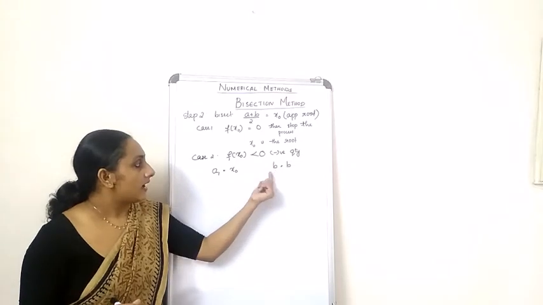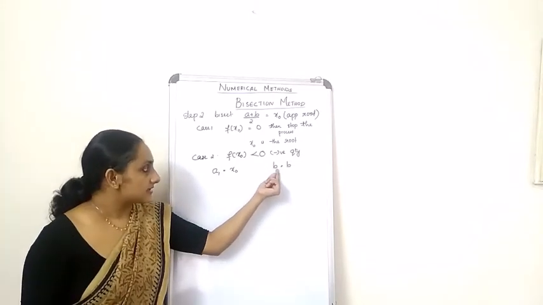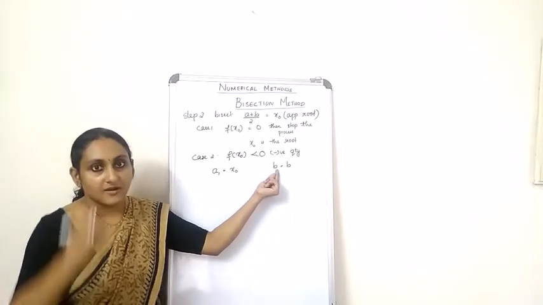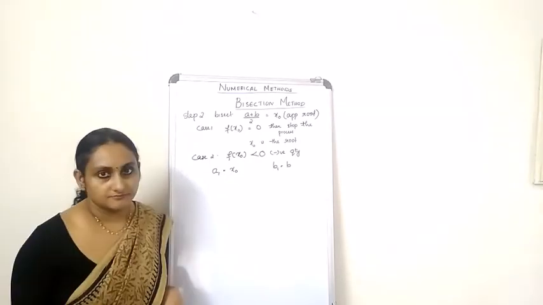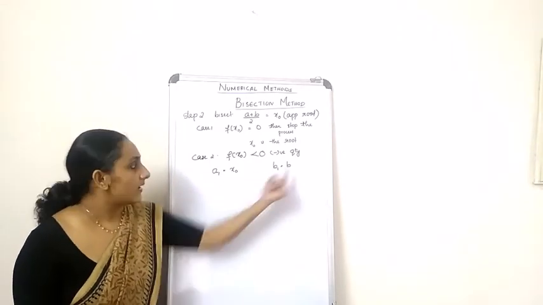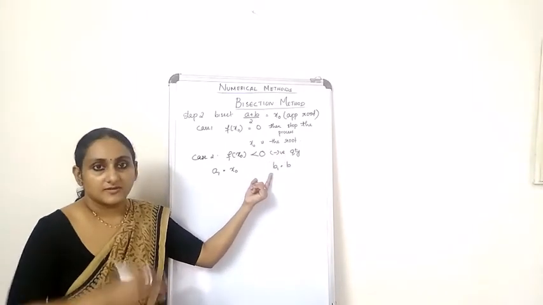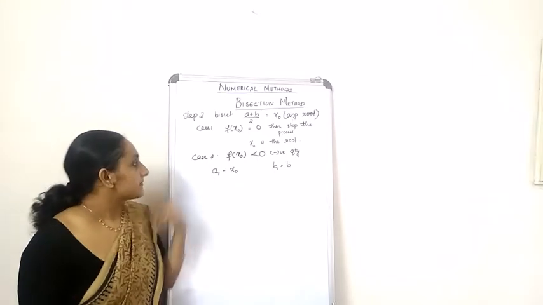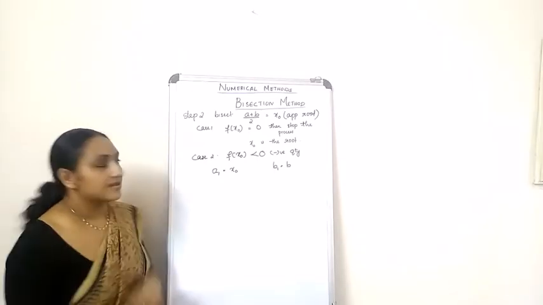Now here I have written it as b equal to b, but I can't write that because it is again a new step, a new iteration. So I'm going to give this value b1. I hope this is fine with you, and there is no change over here, but I'm just assigning b1 for the sake of convenience. Now this is case 2.